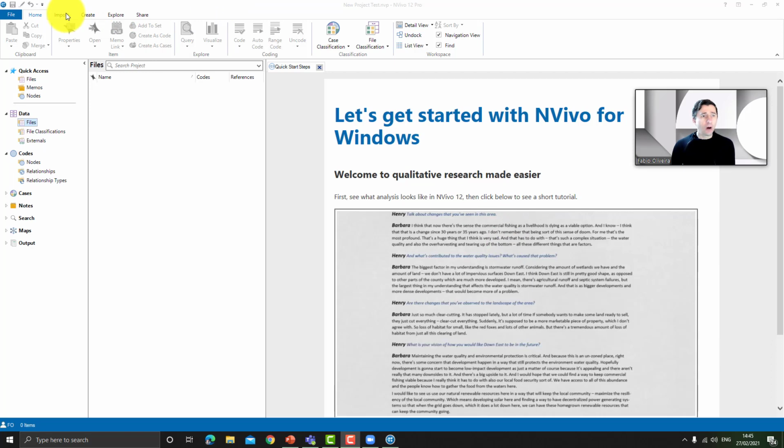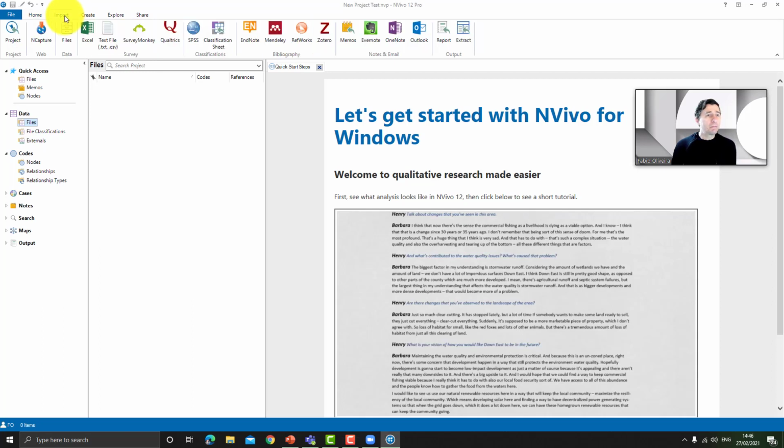So here at the top, we have all the options. In the file option, you can see that it is not on. All these options are off because we don't have a new project here at this moment. We don't have data. So once you have data, all these options will become active. They are inactive now. And then here you have the import section.